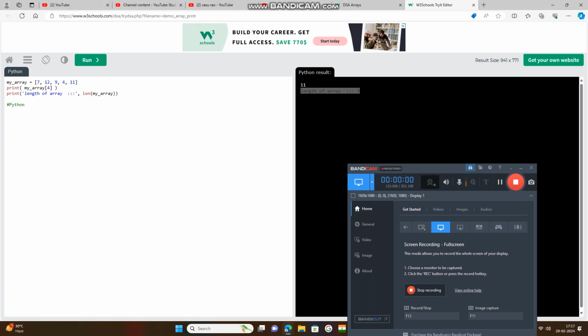I have counted like 0, 1, 2, 3, 4. Last index is 4. But if 1 lakh elements are there, 1 lakh values in this array, is it possible to count manually one by one? So at that moment, use the len function to find how many values are there, and after that the last index is equal to index